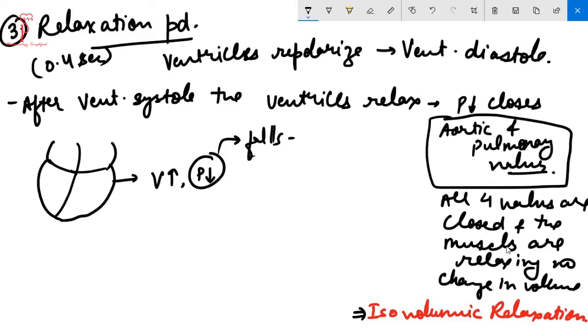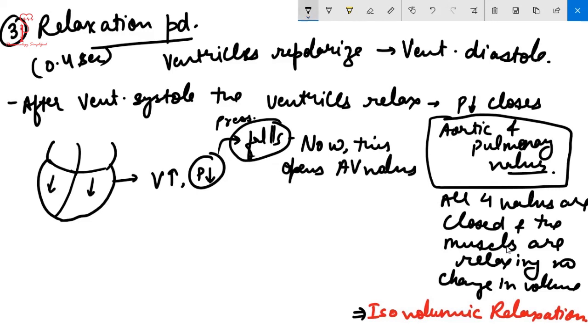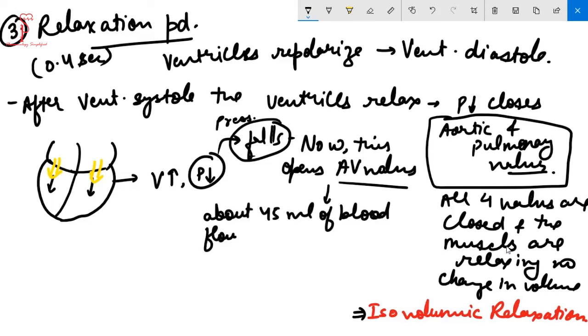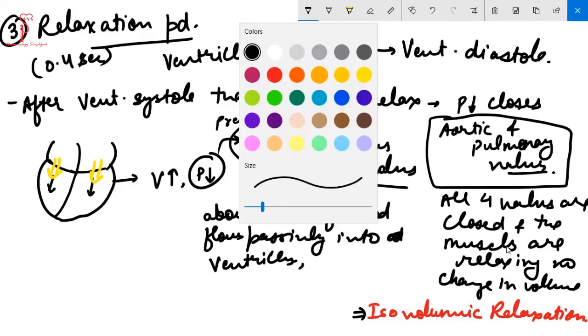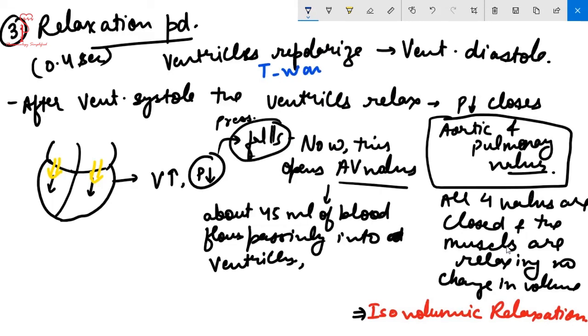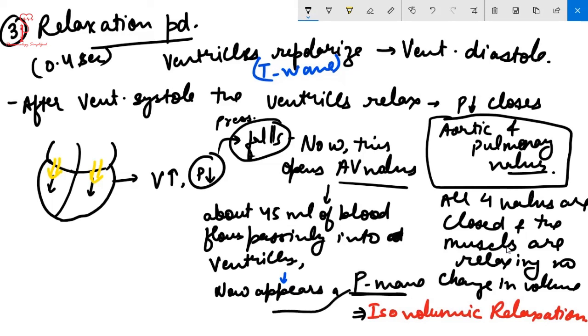It will fall continuously. Now, since this will create a sort of vacuum in the ventricles, this will open up the AV valves. The atrioventricular valves will open, and about 45 ml of the blood will flow passively into the ventricles. See, I told in the beginning why only 25 ml of blood goes during the atrial systole from the atria to the ventricles: because one stroke volume is 70 ml, so every time 70 ml of blood would be returning back to the atria. Out of the 70 ml of blood, when the valves are opening, 45 ml of the blood will be flowing passively into the ventricles, and